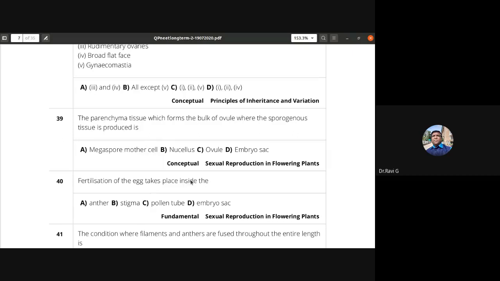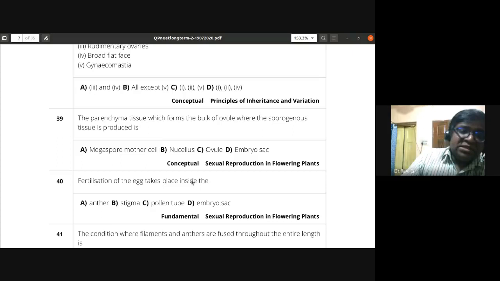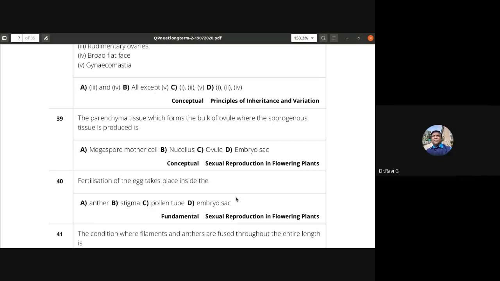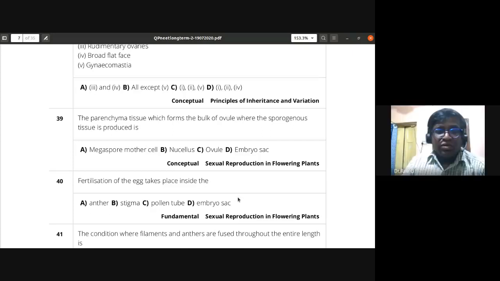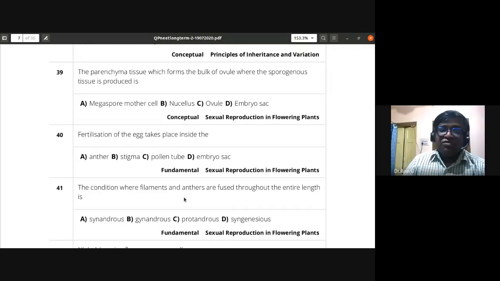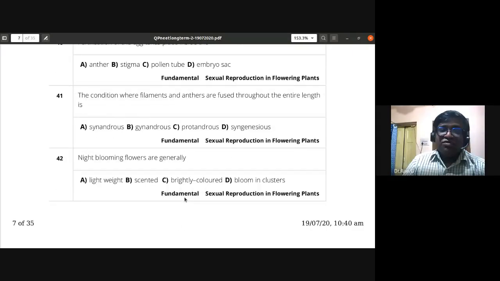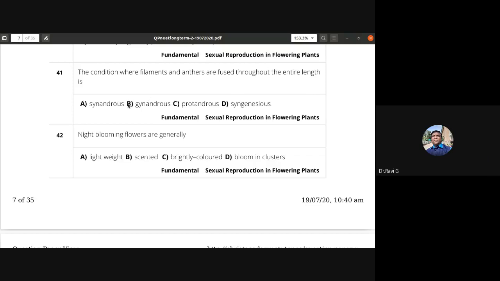Fertilization of the egg takes place inside the embryo sac. D is the answer. 41st, the condition where filaments and anthers are fused throughout the entire length is